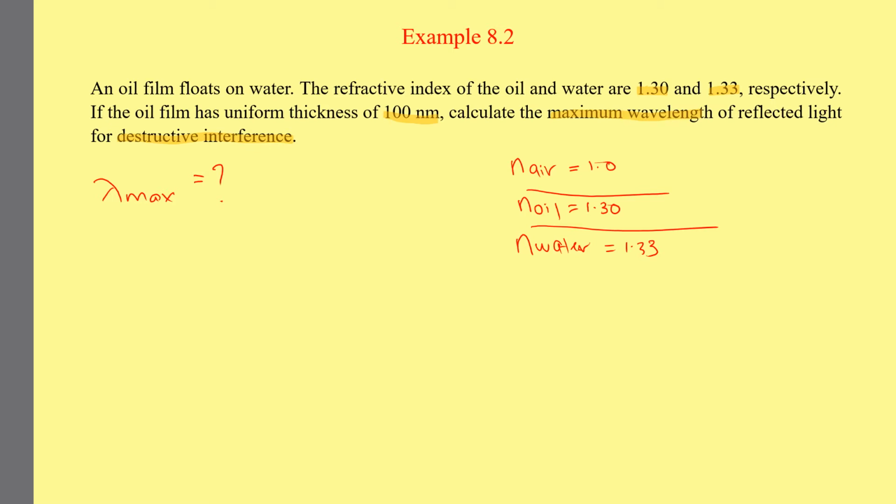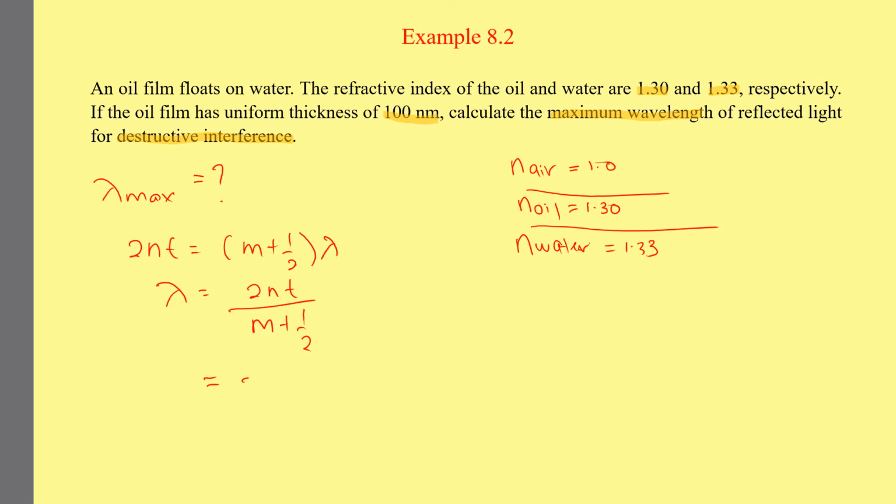The formula we have to use is 2nt is equal to (m plus half) lambda. Okay, we rearrange lambda as the subject first. So lambda is equal to 2nt over (m plus half). For maximum wavelength,